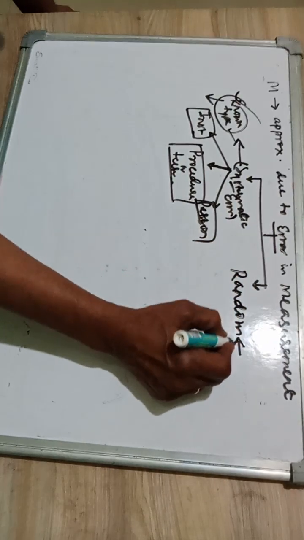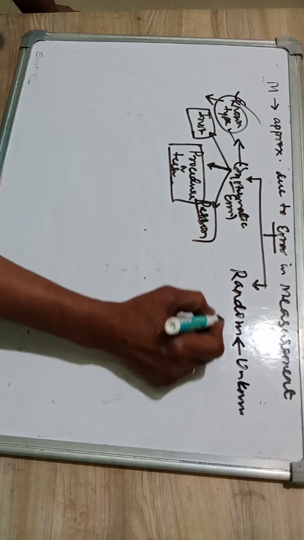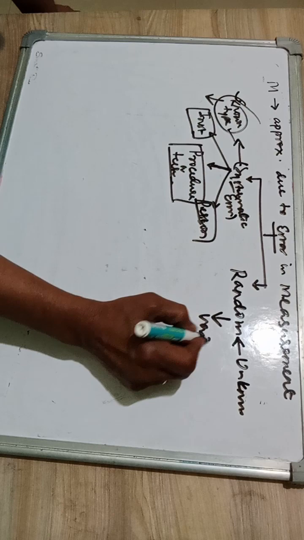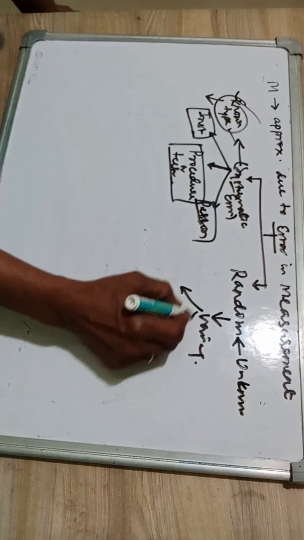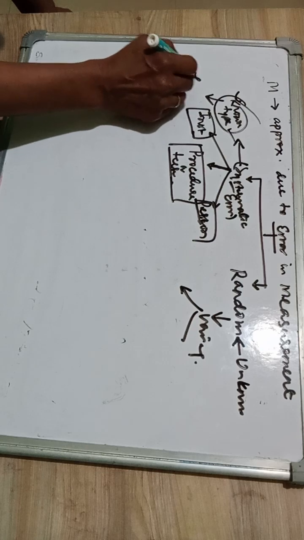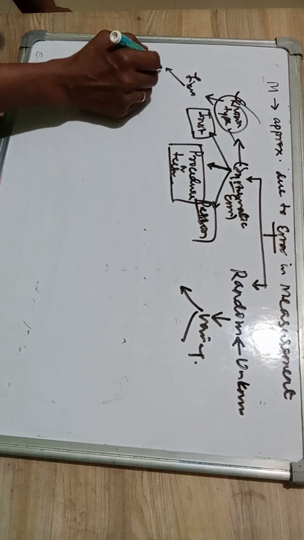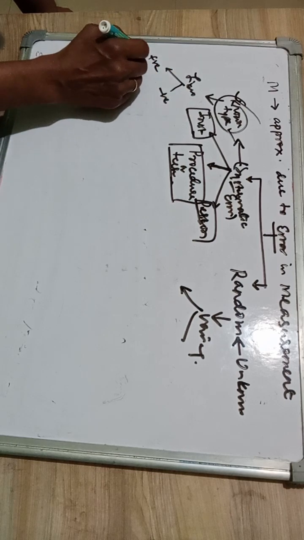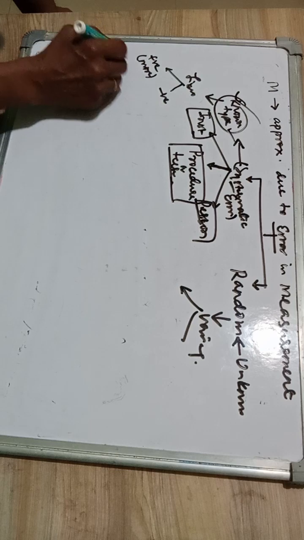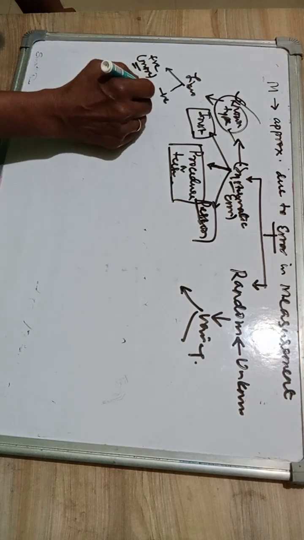This is unknown error or varying error. We do not know when it will be less, or whether this is a known type or fixed type. It will be either in the positive end or in the negative end, meaning it will give more than the measured value or less than the measured value